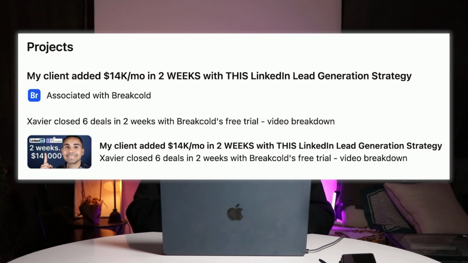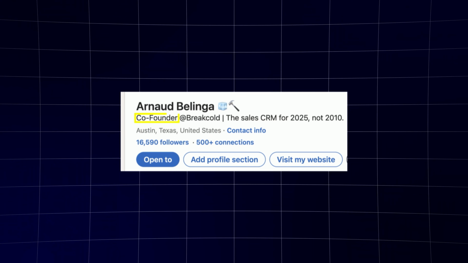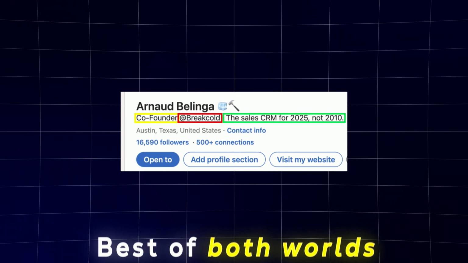On LinkedIn, you will see many business owners going for option number 2. I think it's actually a bad move if you have a long-term vision. You want your brand to be known so that people can easily tag you in the LinkedIn post because they just know by heart your company's name. There's so many founders on LinkedIn with gigantic audiences where people don't even know the company's name. Having a short LinkedIn headline that states your role, company name, and value proposition is the best of both worlds,